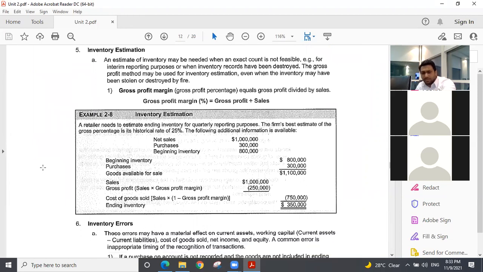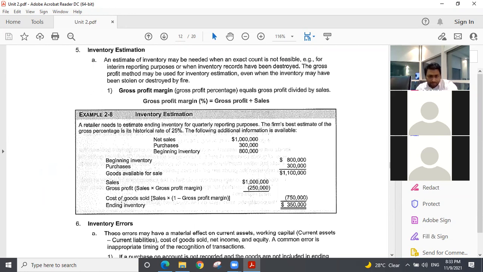Next, inventory estimation. Sometimes in between the year, you might have a fire in your premises. So you have to calculate your profit, or sometimes for the insurance claim, you need to know how much inventory you have. Because when the fire happens, you don't know what the inventory value is. The fire destroyed the inventory, so you need to know what the inventory is. You normally have your gross profit margin. With that gross profit margin, you will calculate the inventory.